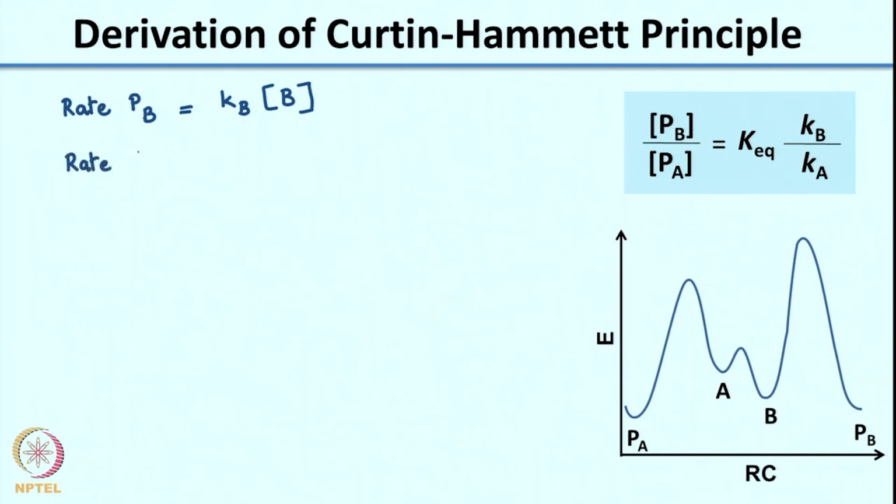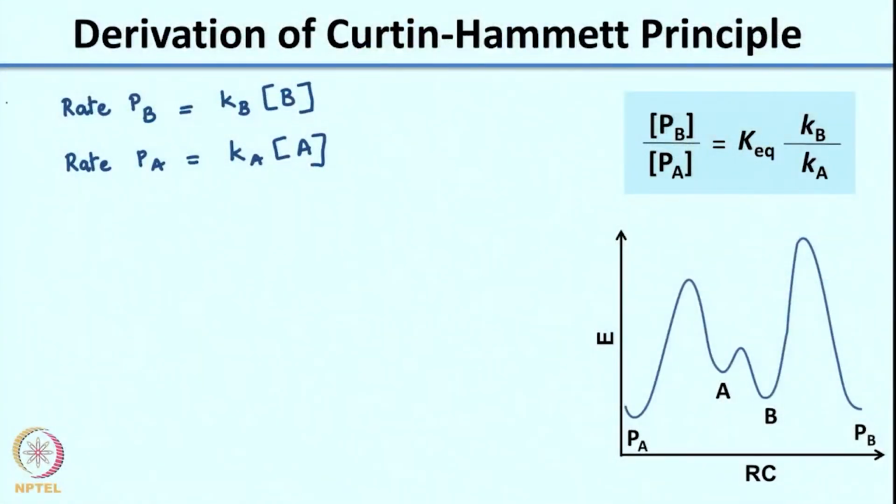The rate for formation of Pa would be given by Ka times the concentration of A. So, now if you were to determine which is the major product that is being formed, let us take the ratio of rate of Pb by rate of Pa. Because concentration of Pb would be directly proportional to the rate, and concentration of Pa would again be directly proportional to the rate. So, what you would get would be